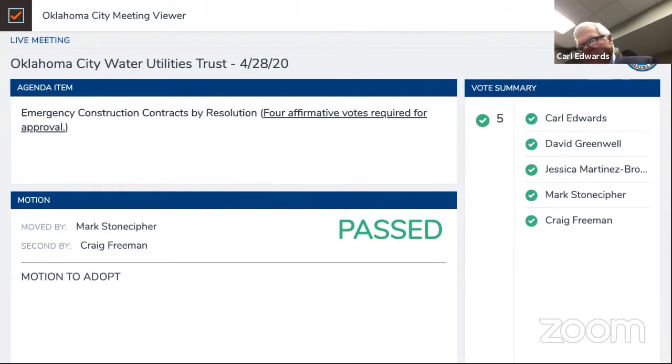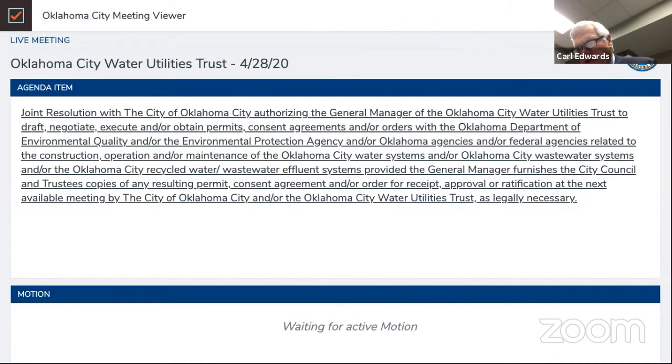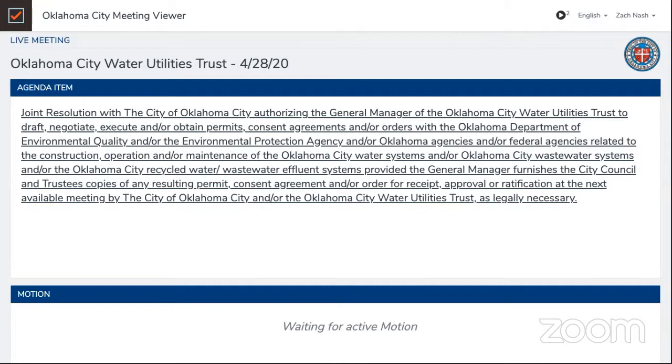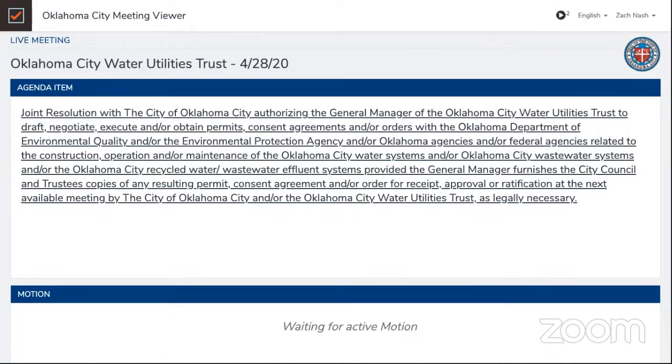We have an item for individual consideration. It's a joint resolution with the city of Oklahoma City authorizing the general manager of the Oklahoma City Water Utilities Trust to draft, negotiate, execute, and/or obtain permits, consent agreements, and/or orders with the Oklahoma Department of Environmental Quality and/or the Environmental Protection Agency and/or Oklahoma's agencies and/or federal agencies relating to the construction, operation, and/or maintenance of the Oklahoma City water systems and/or Oklahoma City wastewater systems and/or the Oklahoma City recycled water, wastewater, effluent systems,